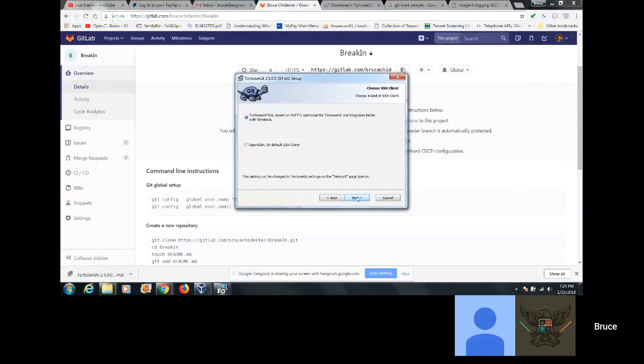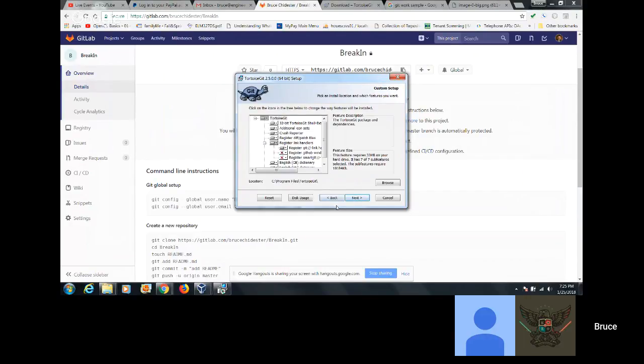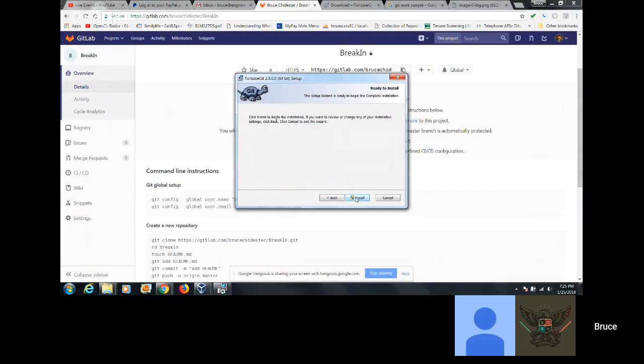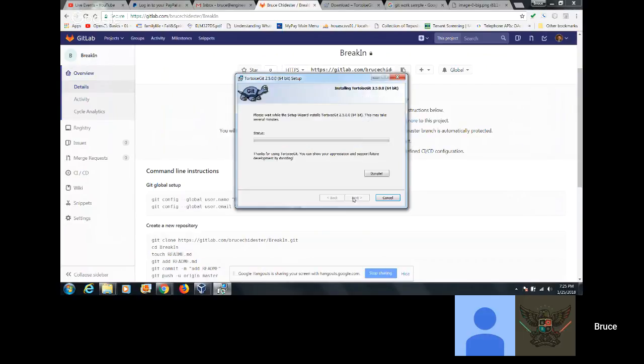So it's saying TortoisePlink based on PuTTY. Okay, yeah, let's do this. I don't know why that makes a difference, but let's do it. Do that and then next and then install.